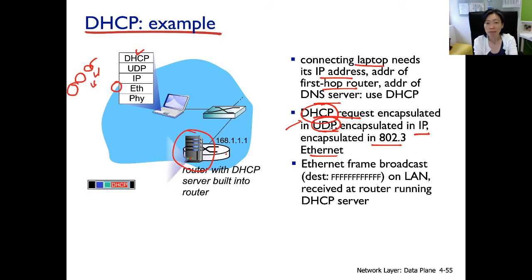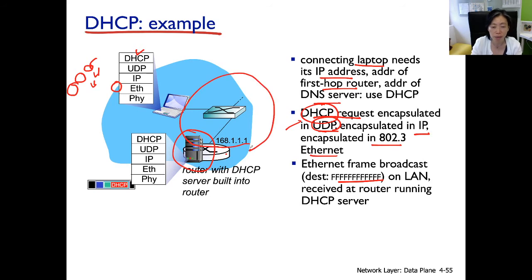Now this frame, carrying destination address being broadcast 255.255 all the way, is going to reach all the hosts on the subnet. So this is the entire subnet. By the way, this is an Ethernet switch. It's a rectangle, not quite a circle. So this is not the router. So this is actually the link. This interface and this interface are connected through this link. So every host on the subnet is going to receive the